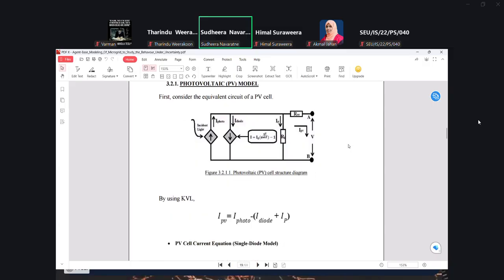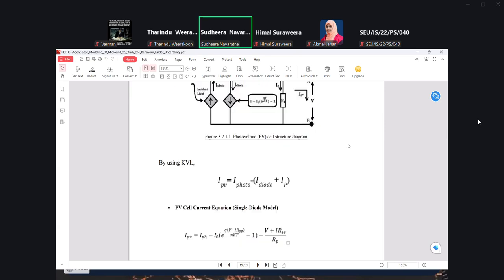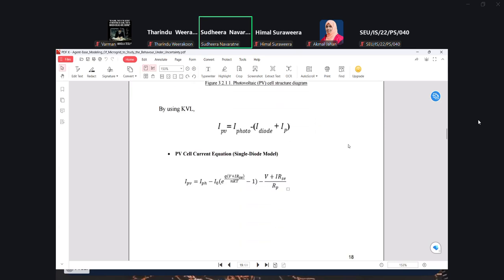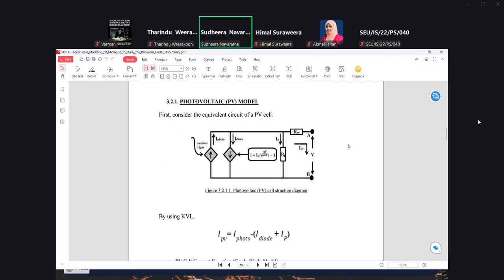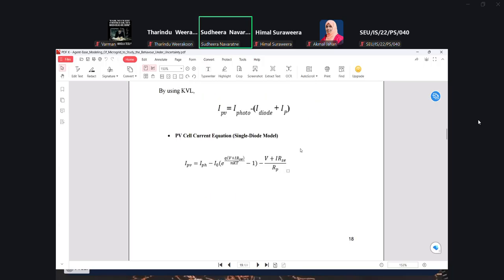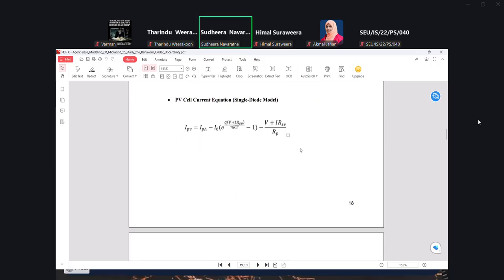So we can incorporate this mathematical model into our agent to calculate the various parameters. The input to the photovoltaic system is the irradiance coming from the sun, and based on that input, we have to calculate the voltage, current, and the power delivered by the photovoltaic cell.